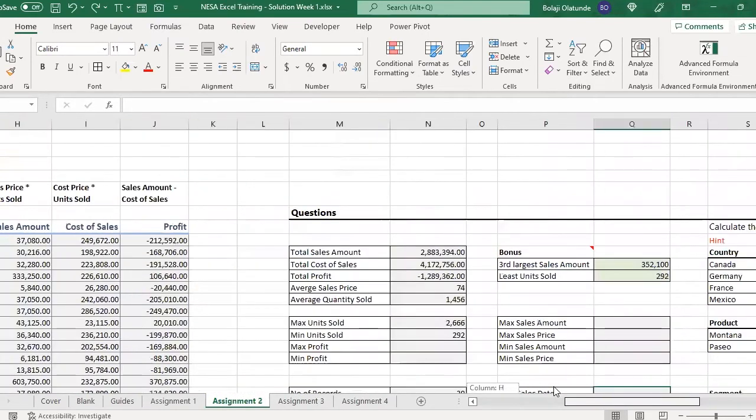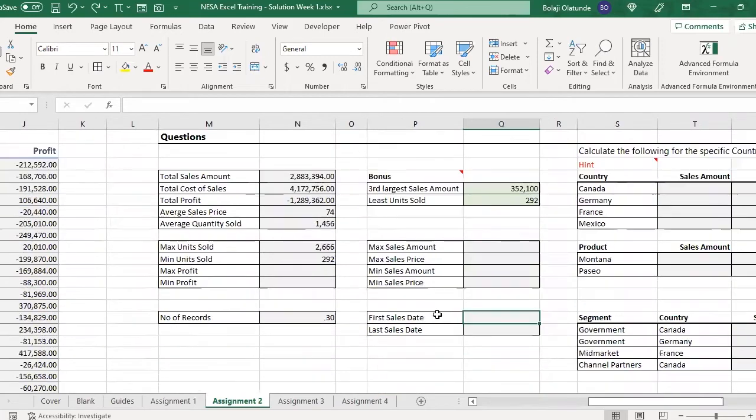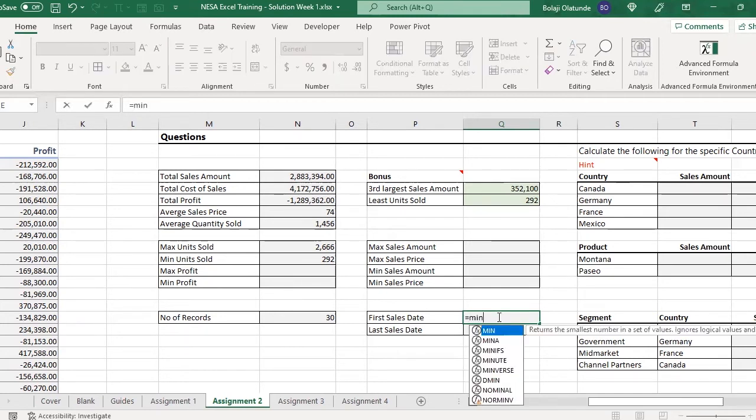Having that at the back of our mind now, let's see how we can find the first sales date and the last sales date. Since we know that dates are numbers, yesterday's date will be smaller than today's date. So the first sales date will just be the minimum date in our sales range, and the last sales date will be the maximum. I can take advantage of that and say equals MIN, open my brackets,